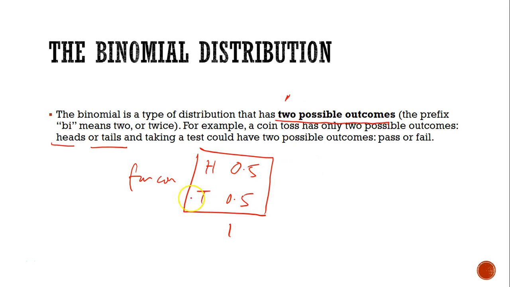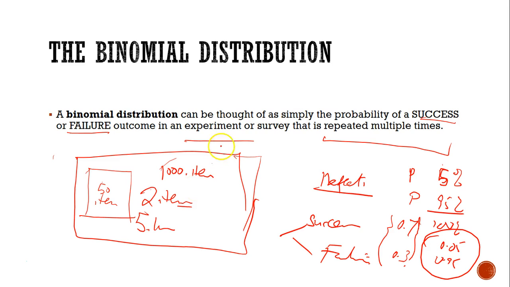Again, if I go back here, success could be that if I have less than 2 items, that is success. So 2 items or less, that's success. And anything more than 2 items within the 50 batch is failure. So again, I can structure my success and failure. I can always break up anything into 2 items, right? Greater than, less than. So it's not about fixed numbers per se. It's about the idea of being able to separate an idea into 2 camps,